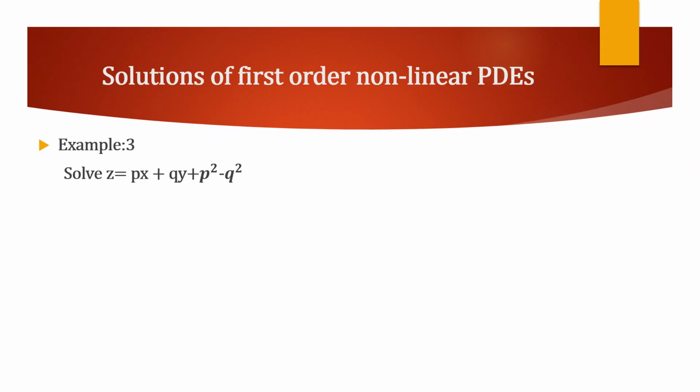So this is also in Clairaut's form because the first two terms are fixed, that is px plus qy plus some function of p and q we have. So which is also a Clairaut's form of nonlinear PDE. So here the solution is assumed as